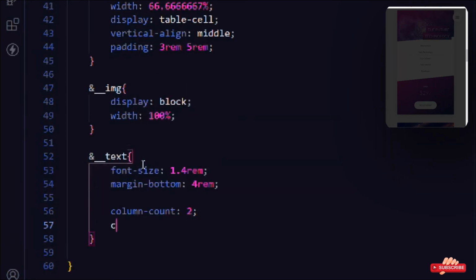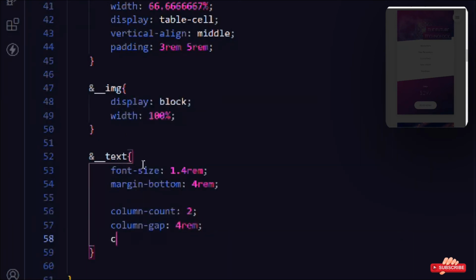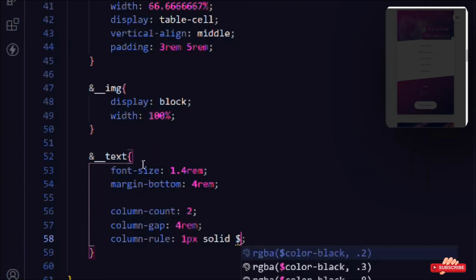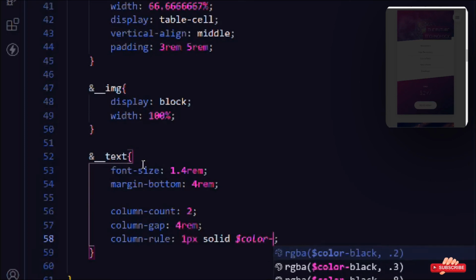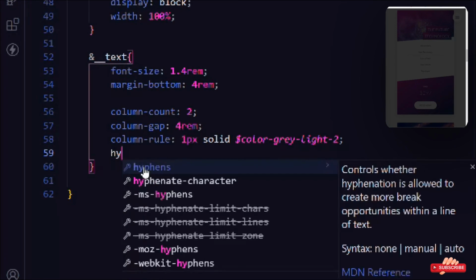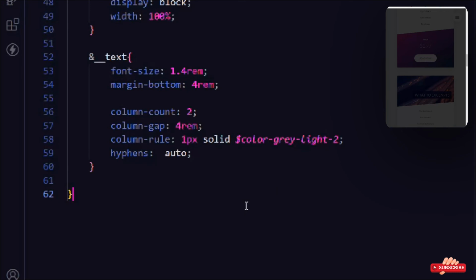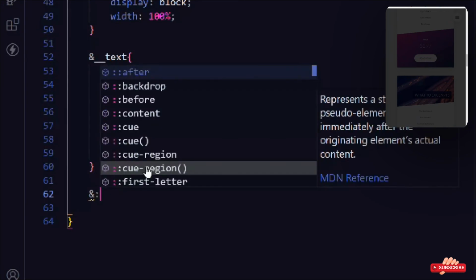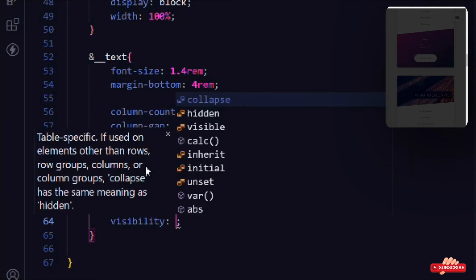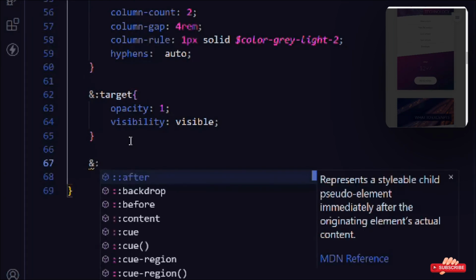Column count is going to be 2, and column gap is going to be 4rem. Column rule is going to be 1 pixel solid, and color gray light 2. Hyphens auto. So here we are. Get the target, and opacity is going to be 1. Visibility is going to be visible, and let's get the target